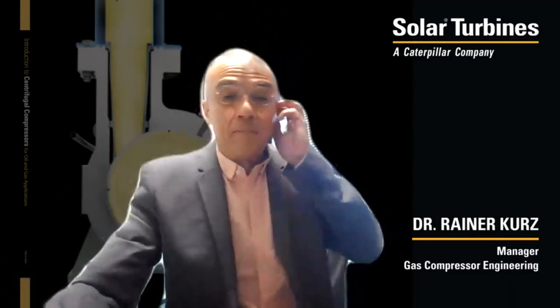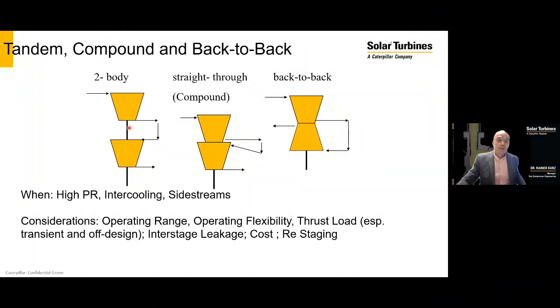Thanks, everyone. Thank you. Okay, so let's talk a bit about different configurations of compressors on packages. And that's in particular when you have to make a very high pressure ratio. You can put two compressor bodies in series driven by the same driver, or you can put multiple stages into a compressor body that has not two nozzles but four nozzles. So you can either do a straight through or compound